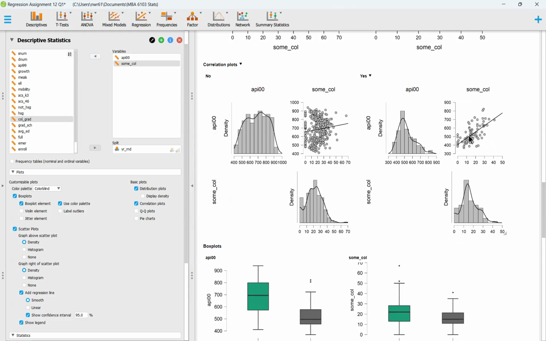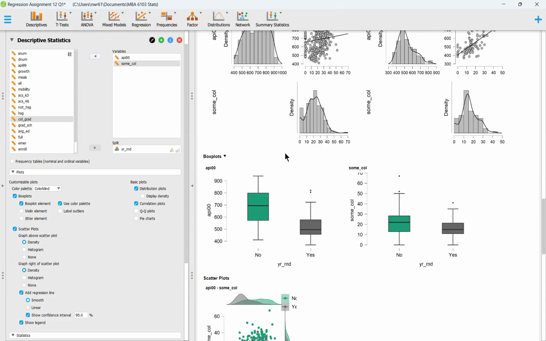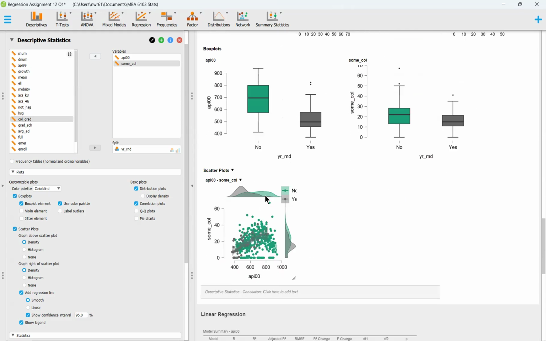But it does seem that those that attended some college year round, their scores seem to be a lot lower than those that had some college but not year round. API 00, scatter plots. Looking at this,